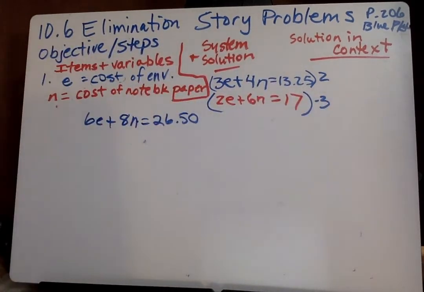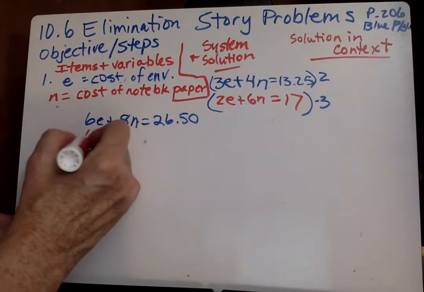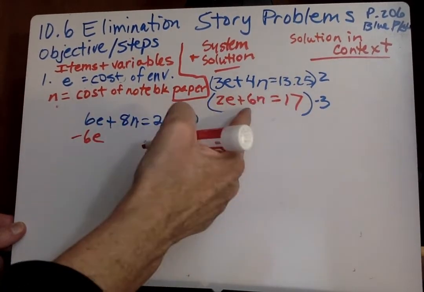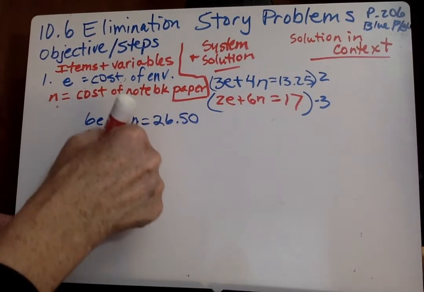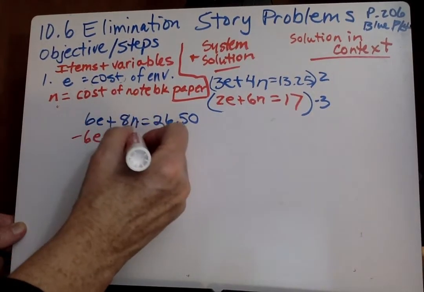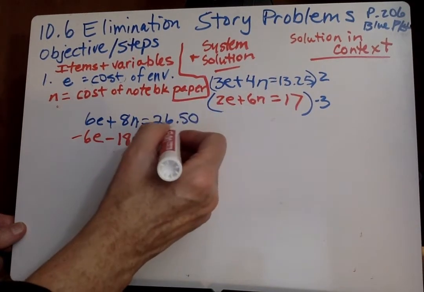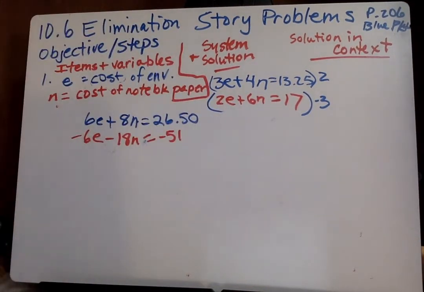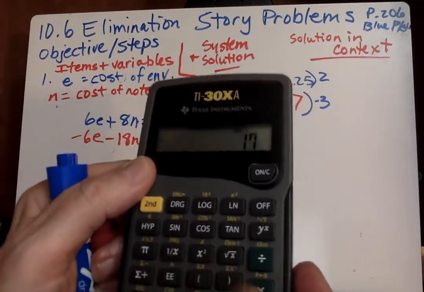So negative 3 times 2E is negative 6E. Negative 3 times 6 is 18N. That should be a negative. And negative 3 times 17, I believe, is negative 51. I may need to use a calculator on that. I don't have everything memorized. Okay, so 17 times 3,